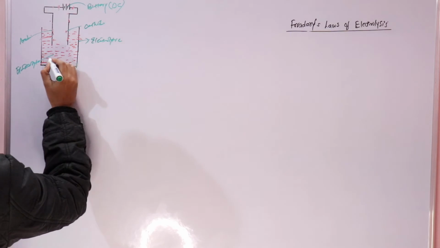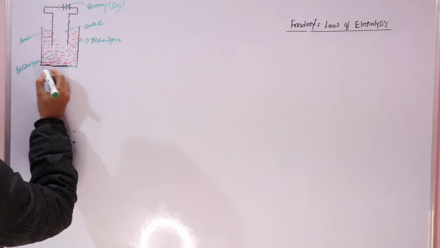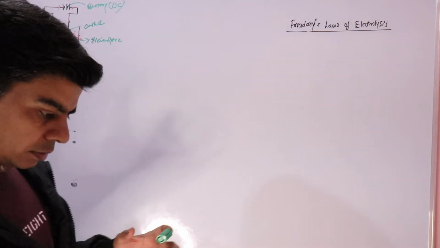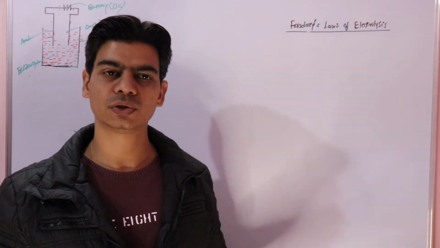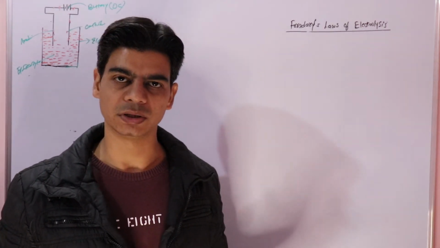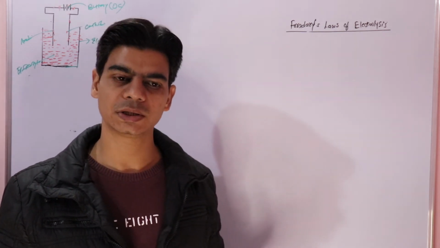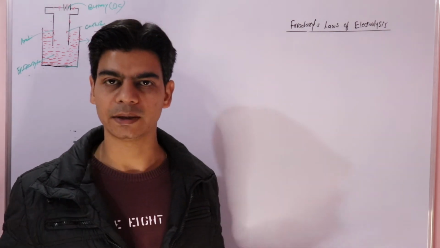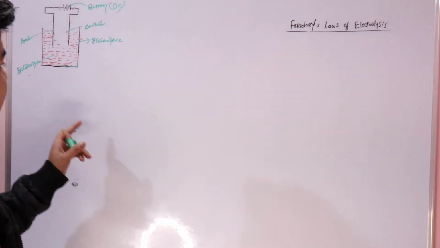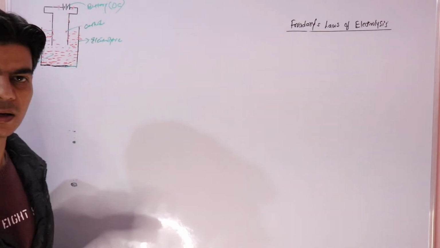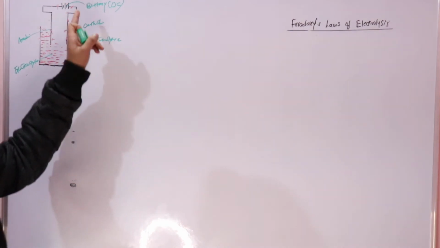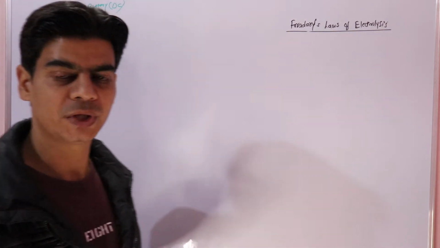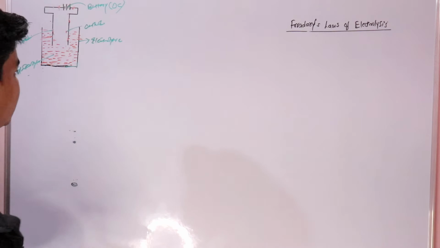Let's take an example. Let's suppose we are doing electrolysis of sodium chloride. An electrolyte is an aqueous solution of an ionic compound or an ionic compound in molten state. Why in molten or aqueous state? Because only in molten or aqueous state does an ionic compound contain mobile ions or free ions, and it is these free ions that will conduct electricity in this electrolytic cell when we pass electric current through this battery. So mobile ions are important for the conduction of electric current. That is why we need the aqueous or molten state.